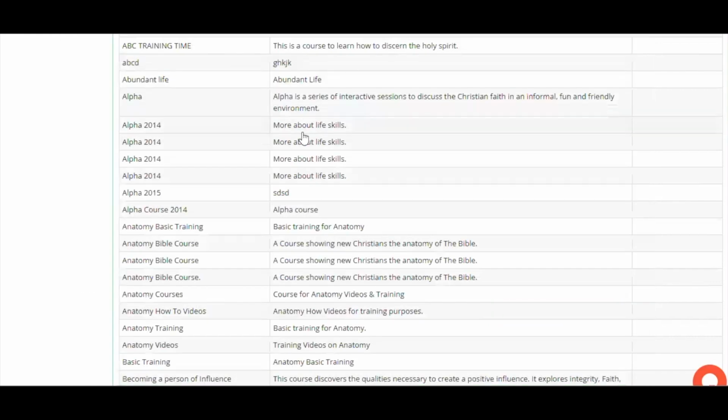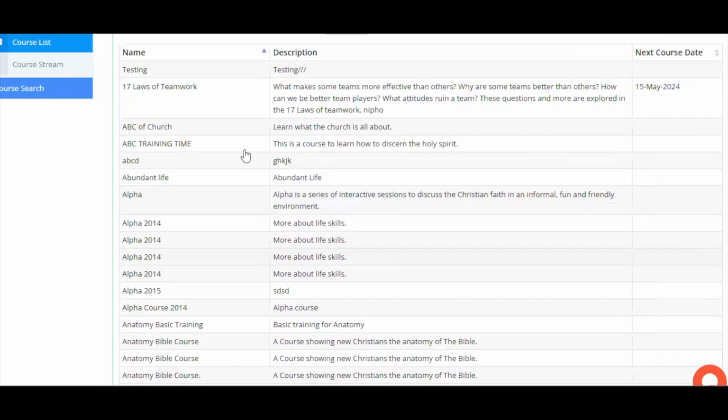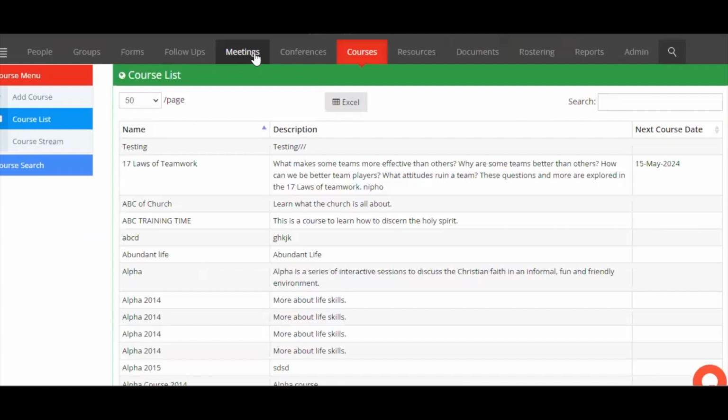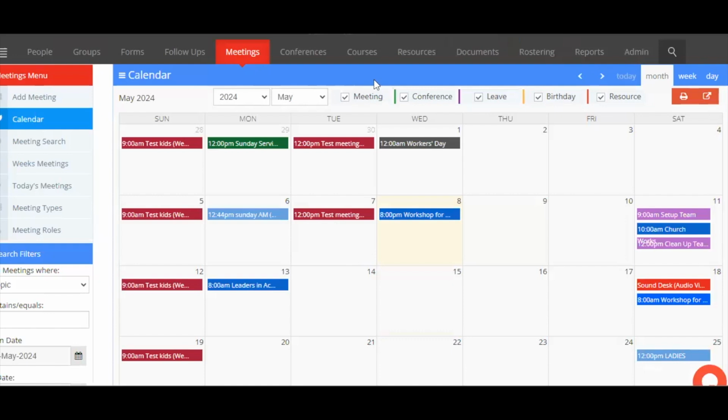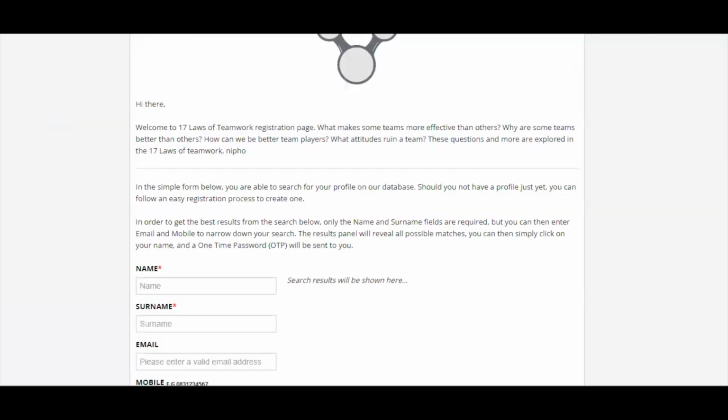So that will be that course, and once you've added the course in and people are in there, it's linked to this meeting. So you've got your attendees that are in this meeting linked to that course. So the people then will be able to actually